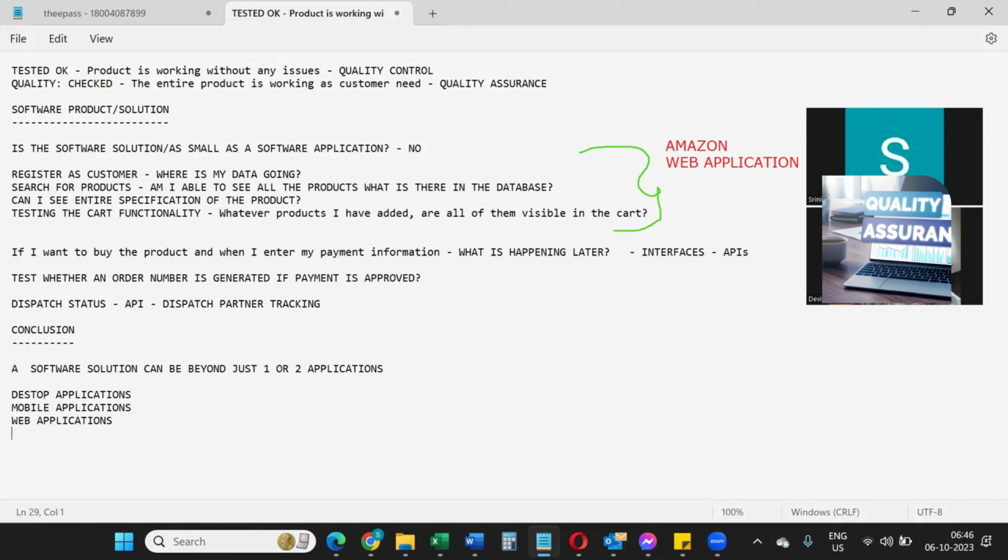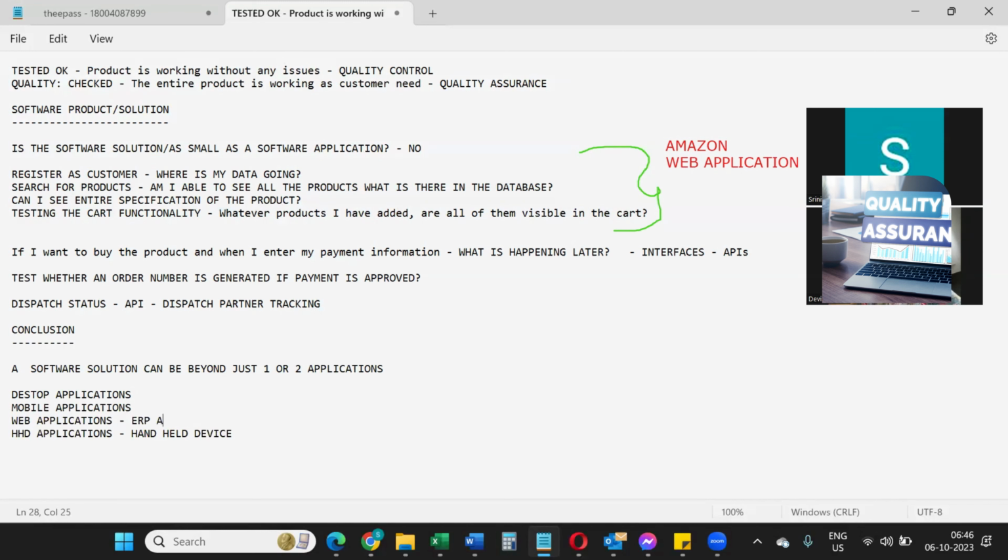There is something called HSD application. HSD stands for handheld device. So when it comes to the category of applications, you have multiple applications like